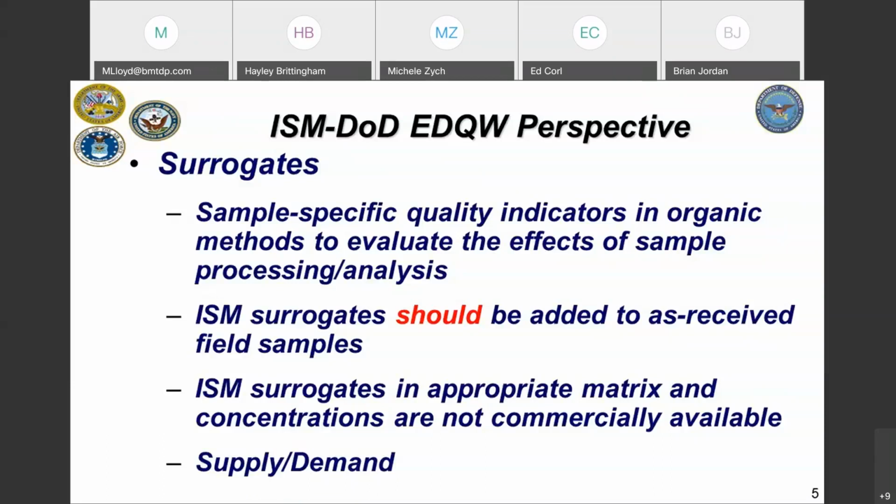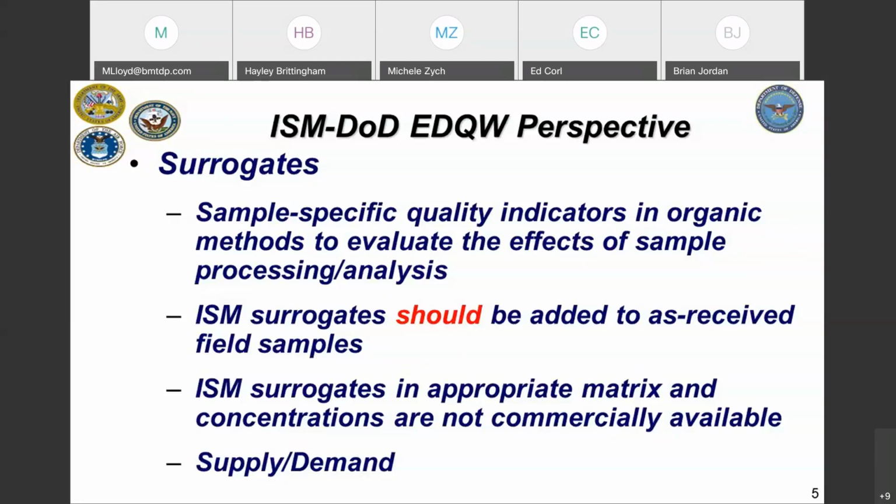Now, historically, that means we've typically added surrogates directly to our 20 or 30 grams of sample right in the extractor, right? Well, keep in mind that if we're going to follow the true intent of what we're supposed to be getting out of surrogates for the EPA methods, those surrogates need to be added to as-received samples prior to processing. That means that we're adding surrogates not to 20 to 30 grams anymore. We're adding it to 1 to 3 kilograms of sample. In addition to that, you can't just have a stock solution of surrogates and inject 20 to 50 microliters into 3 kilograms of sample. You're not going to get good dispersion doing that.